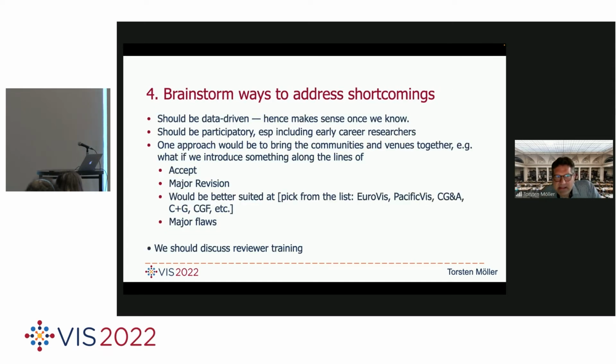Based on the analysis that we have done before, we should brainstorm ways to address the shortcomings. I do think that should be data-driven. I do think it should be participatory, especially including early career researchers. And I'd also argue that one approach would be to bring the communities together and to soften the reject version and perhaps have accept with major revision, and a new option that says this paper would be better suited at one of the other venues to be published. And I think we should